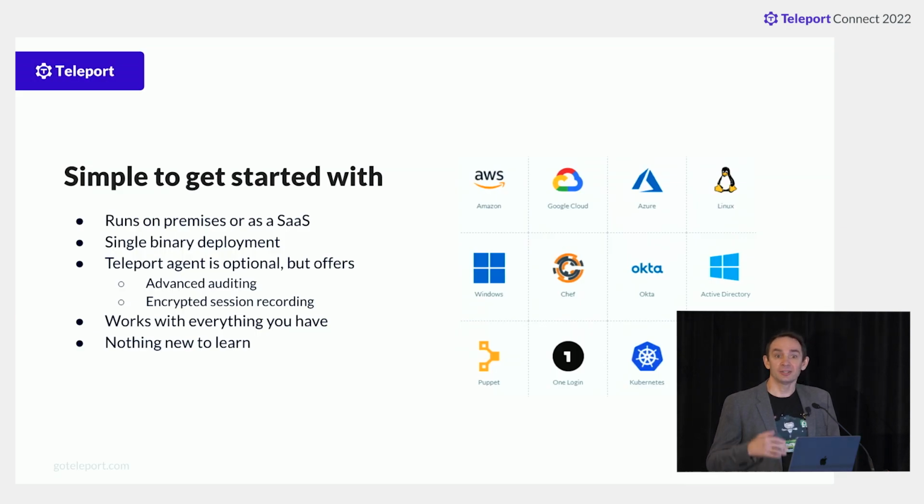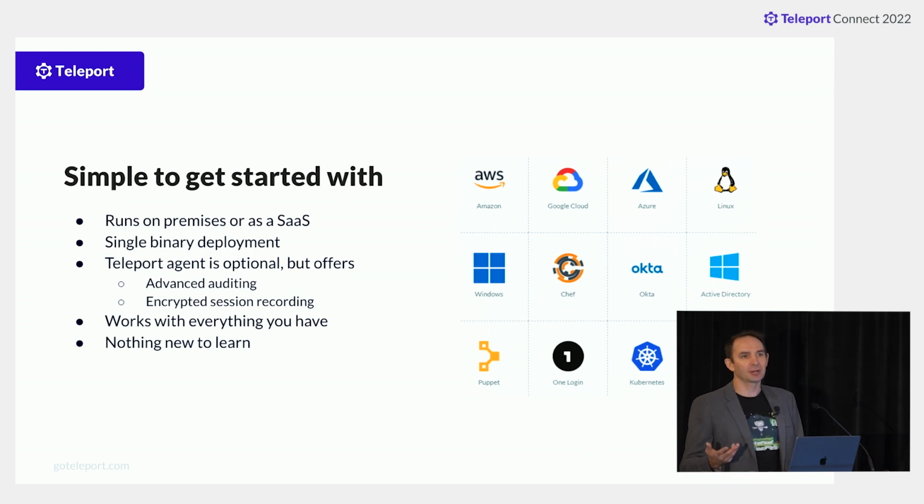And for that to be true, the access solutions need to be easy to get started with. That's actually why we put a lot of effort into making sure that Teleport is a single binary. And you know what actually didn't work? We made it a single binary that doesn't have any dependencies, and yet people want us to stick it into a Docker container, which is really, really common. But OK, so we did, so now we can run it inside of Kubernetes.